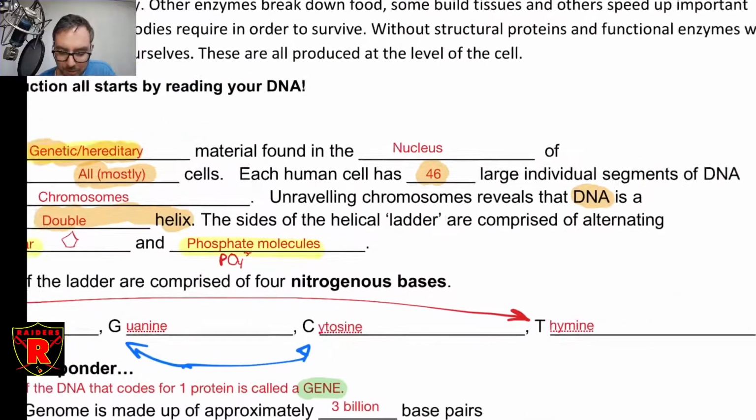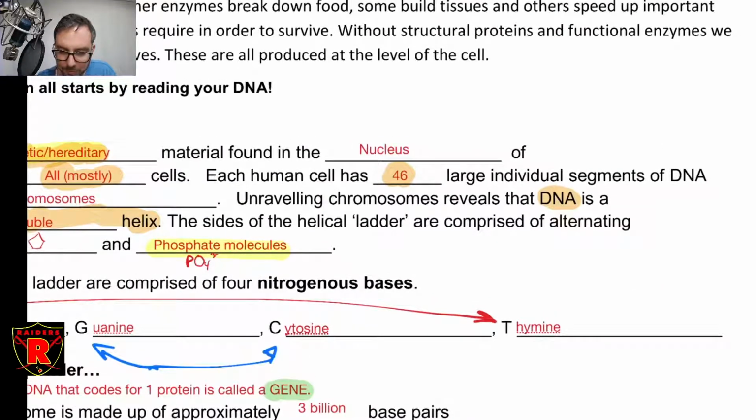So a double helix is a ladder, and then both of the ends of the ladder are twisted in opposite directions. If you were to twist this end of the ladder this way and twist this end of the ladder this way, you would create a double helix,